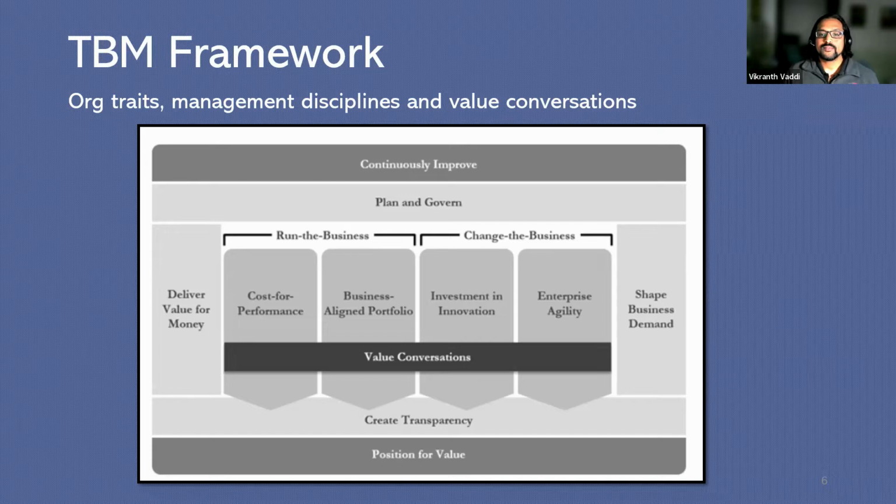If you see the way the framework is designed, it is mainly positioned for value and to continuously improve. Those are the top two gray buttons. That framework defines the roles of a TBM, who should be doing what, and associated value creation. But it is designed in a way that you can continuously improve and you position your organization for value. And there are 4 core disciplines that you're seeing on the screen: creating transparency, delivering value for money, shape business demand, plan and growth. So create transparency is about, do we know the total cost of delivering business capabilities, including